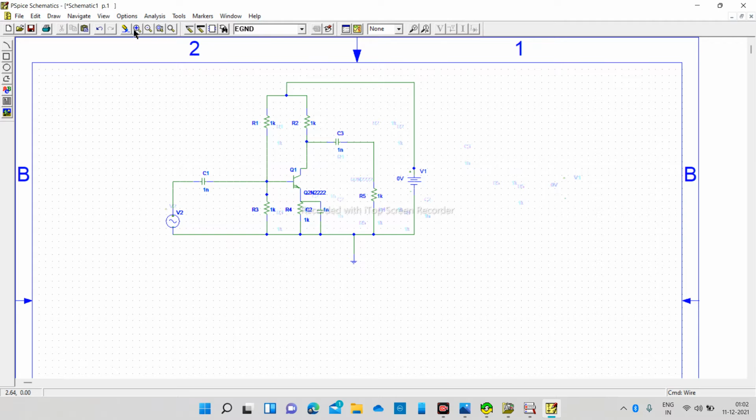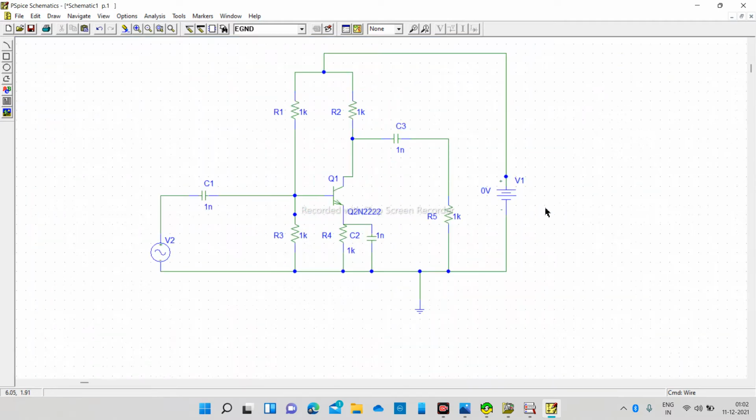To zoom it, simply press the zoom in button. Yeah, sufficient. Now we will change the attributes of the components present here. First we will change our input signal. I will type here "input signal". To type any text, you have to do it simply here: input signal. Simple. Press input signal and make it somewhat big. Yeah, input signal.